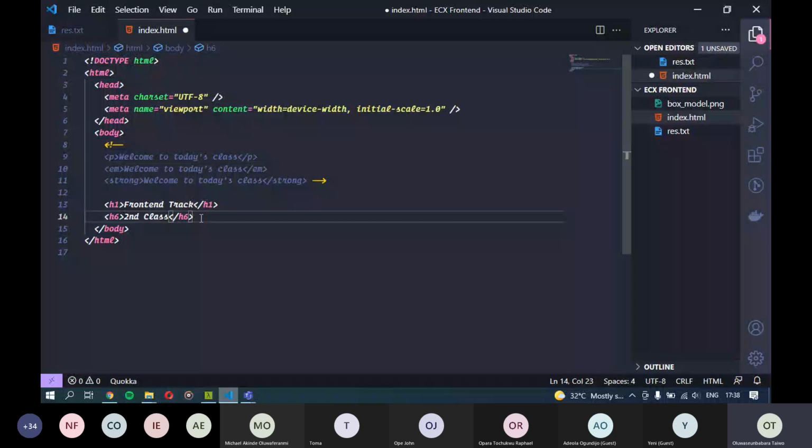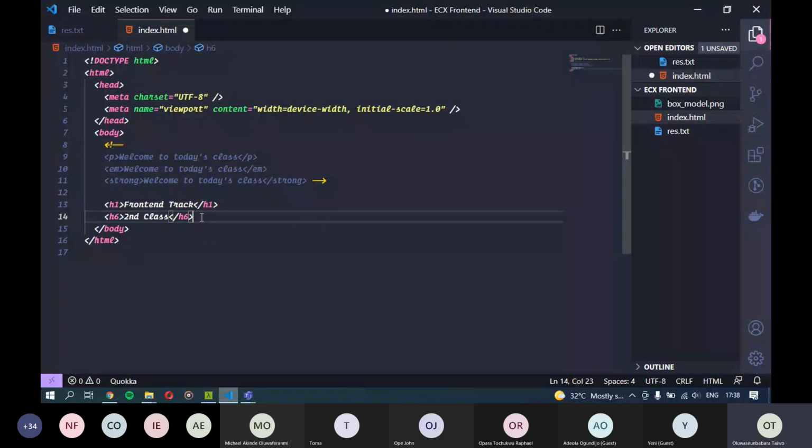Now I read somewhere online that it's not good to use H1 and H6 together. I'm not saying that's the case, I'm just saying I read it somewhere, and I decided, okay, instead of using H6, let me use H5. Yeah, let me change to H5.